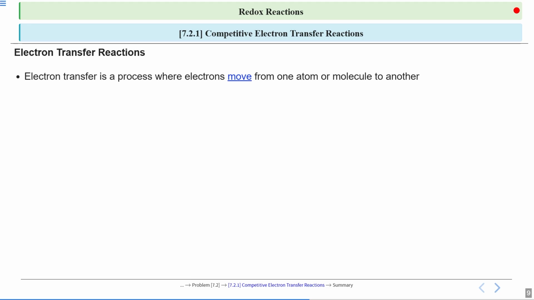We can understand that if we consider a reaction in which the reactant is being converted to the product, one of the reactants loses electrons, while the other one gains these electrons. Hence, what is happening here? One particular species is losing the electrons while the other one is gaining them. So, in a simple manner, electrons are moving from one atom or molecule to another atom or molecule.